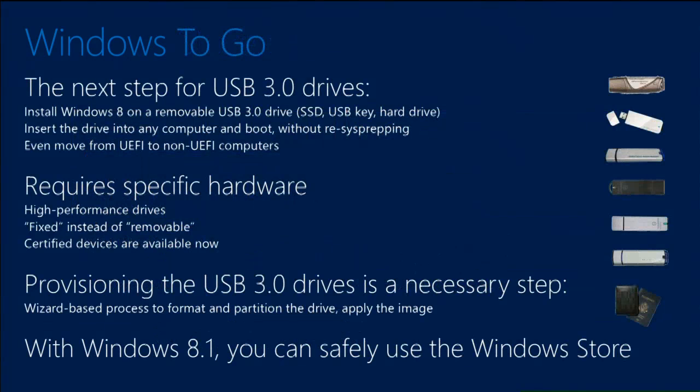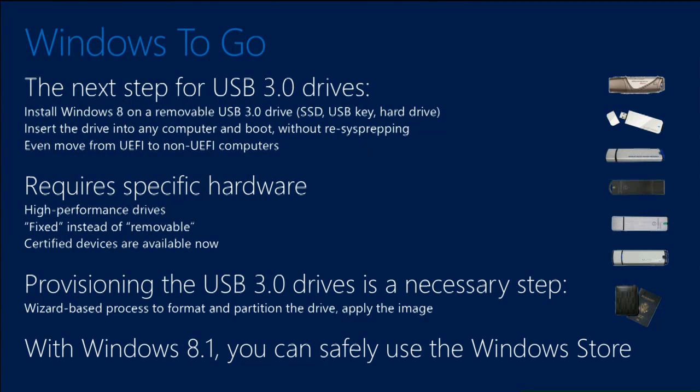Windows to Go. One of the biggest things with Windows 8 Enterprise was the ability to put Windows 8 on a USB key and run it completely from that USB key. So regardless of what OS was on the particular laptop, you could plug in a USB key and reboot into Windows 8. And then when you're done, reboot again and be back into that other OS. So it's a good way of carrying around a portable environment,